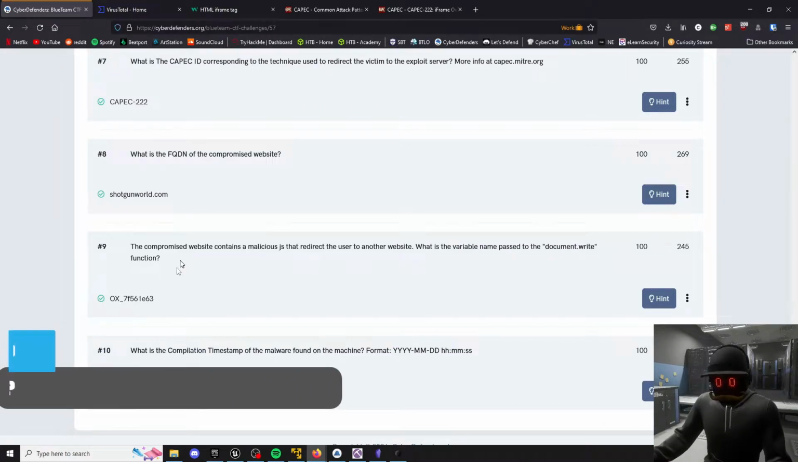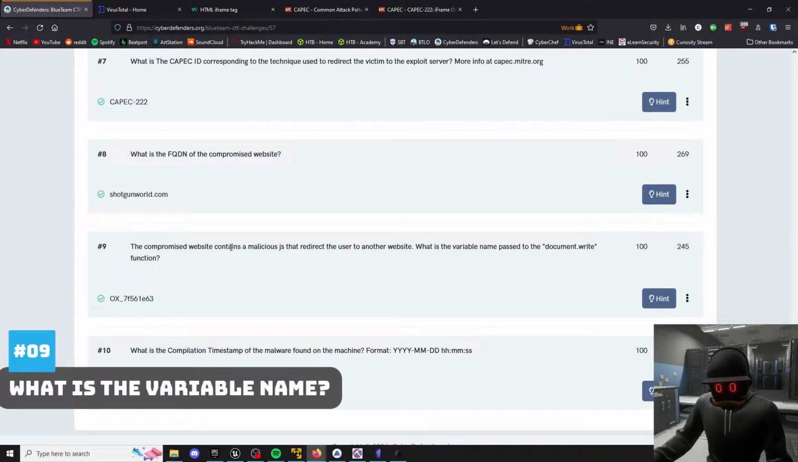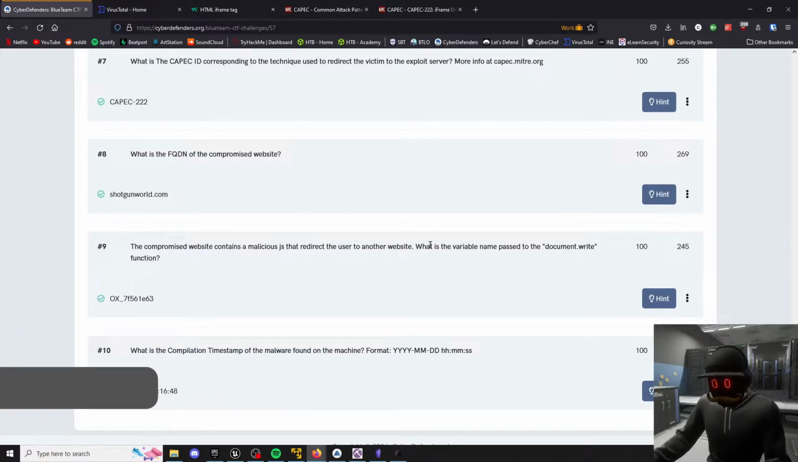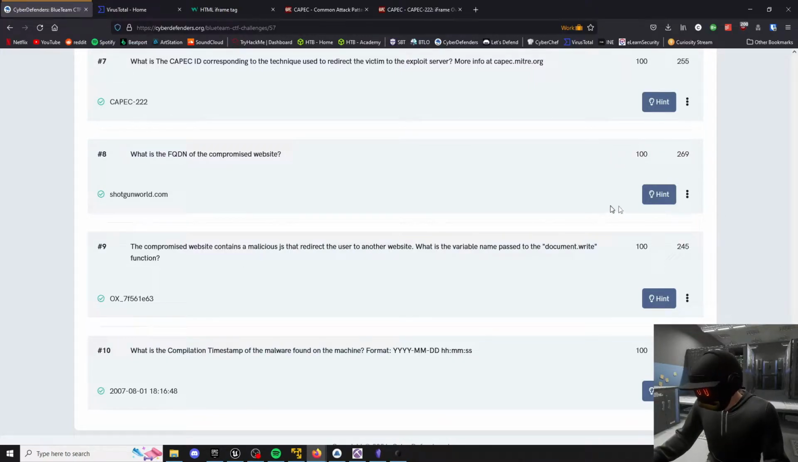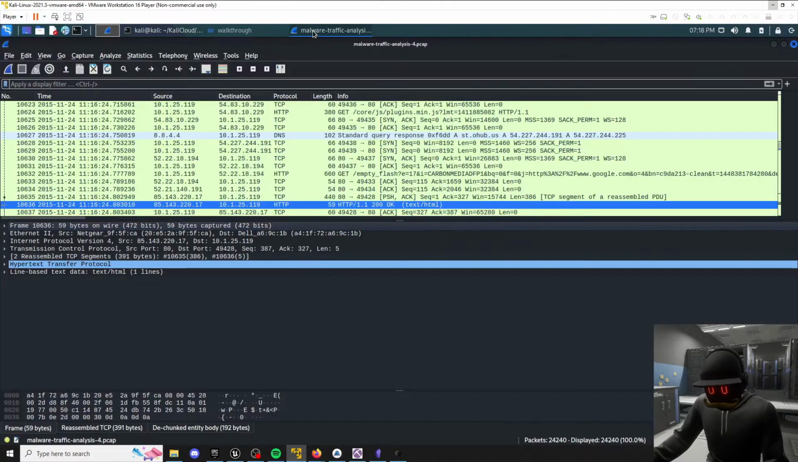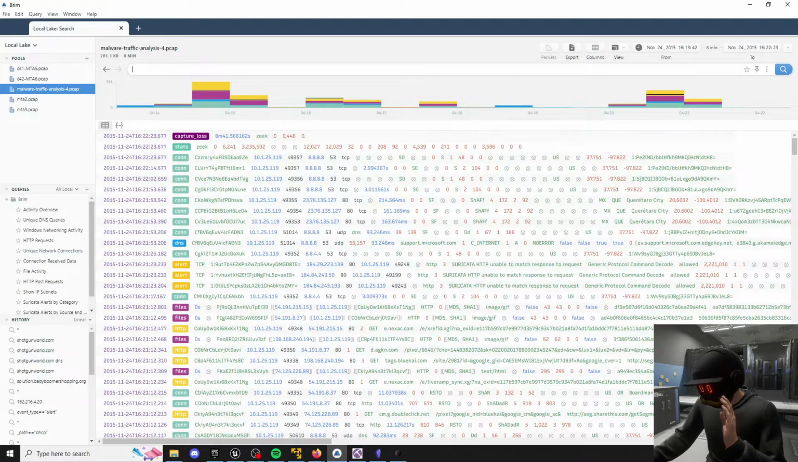Okay, number 7. What compromised website contains the malicious JavaScript that redirects the user to another website? What is the variable name passed to the document.write function? For this one, I'm going to go back to Wireshark. Let me pull up Wireshark, there we are. Actually, first I'm going to go to Brim, and I'm trying to figure out the